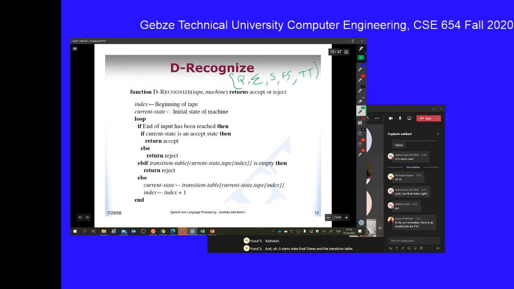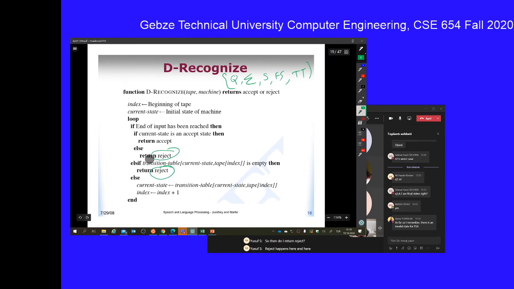It executes this machine on this input and returns either accept or reject. So when do I return reject? Reject happens here and here. This one, the first one,